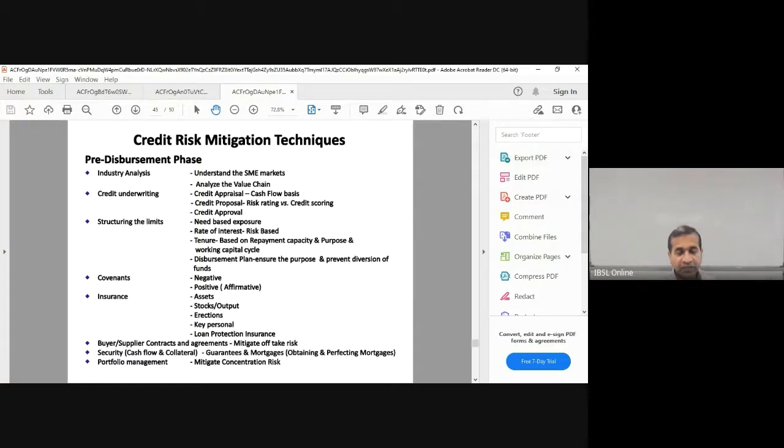And especially with regard to project financing, during the construction period, get an erection policy so that if there is any accident, any failure, you should be able to cover it. And sometimes you ask for mortgage protection insurance, because if elderly people are part of the clients, you had better ask for mortgage protection insurance, which is quite expensive, but can't help.